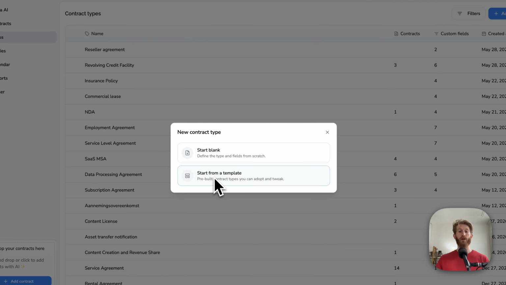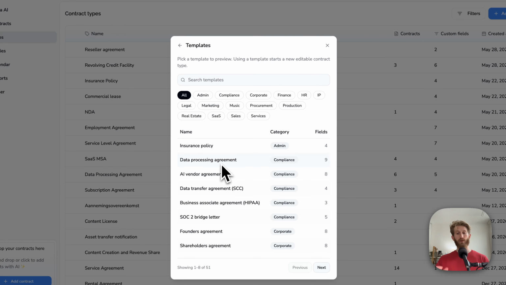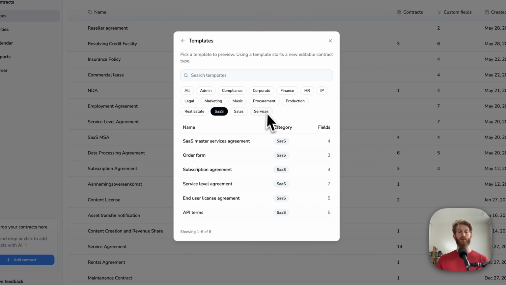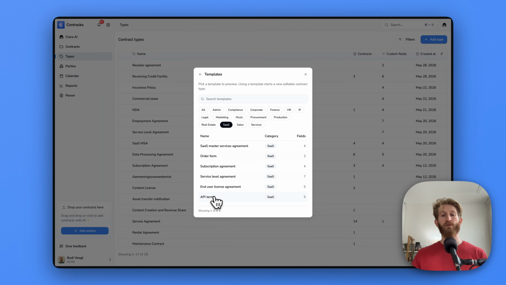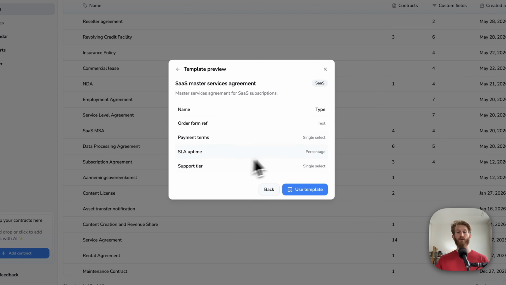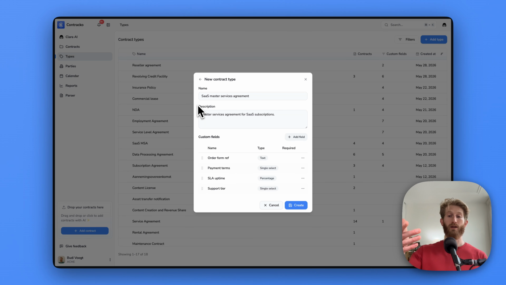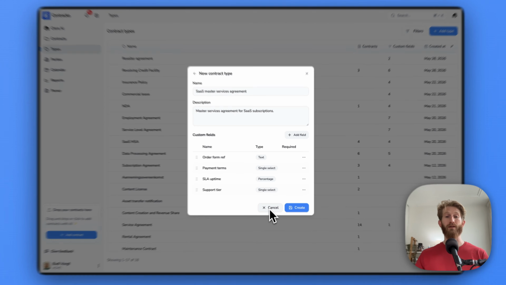Additionally, we have a large library of templates. So for example, when you start your account, we're going to give you a good set of defaults, but you can also browse yourself. So for example, let's say you're doing your software as a service company. Well, you might want a contract type for API terms or for a master service agreement. And you can just use this template, create this, and then any contract that you ingest, you can map this to, and our system will assign a higher probability to this being a potential match. But it's also smart so that if you ingest a contract and you don't have these yet, it's going to generate contract types, also pulling from our template library in case you don't have them in your account yet.